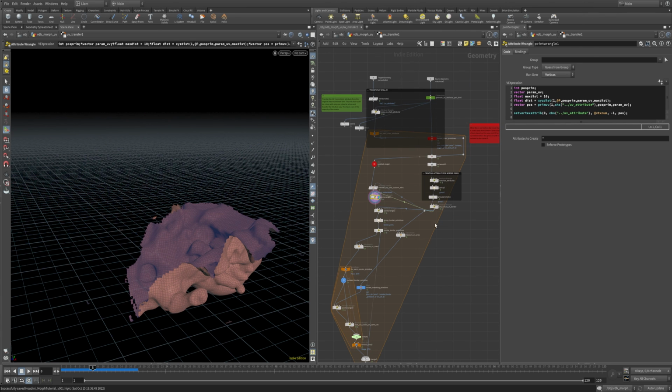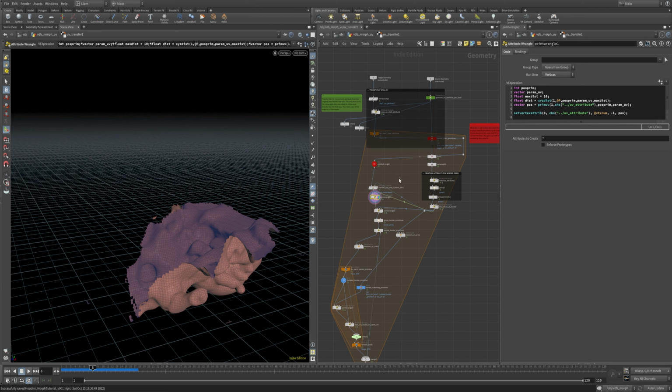Under the hood, if you really want to take a look, because I wanted to see, is it doing a solver or something? It is a for loop in a for loop, and it's doing prim UV transfer type stuff too. It looks like, I might be wrong, but it looks like parameter UV, and I'm not super great with VEX. I know enough to get the job done, but that's what it looks like it's doing here for the most part. Please correct me if I'm wrong in the comments below, but I was just clicking around to see